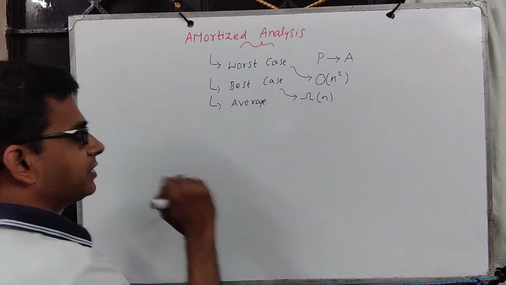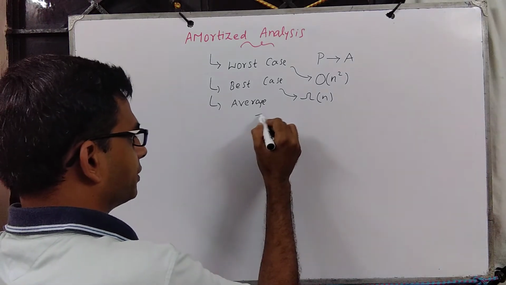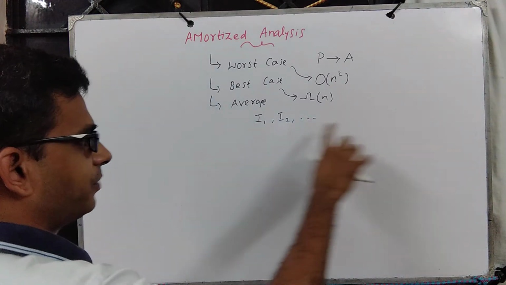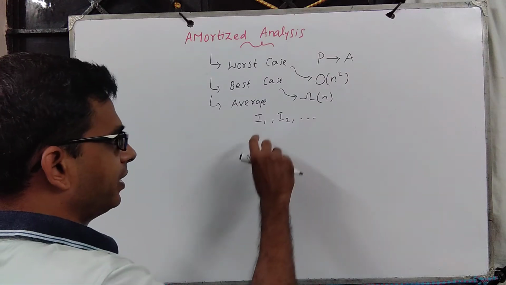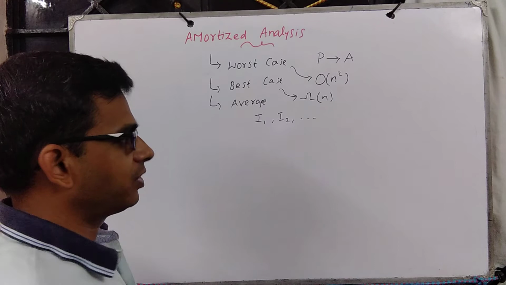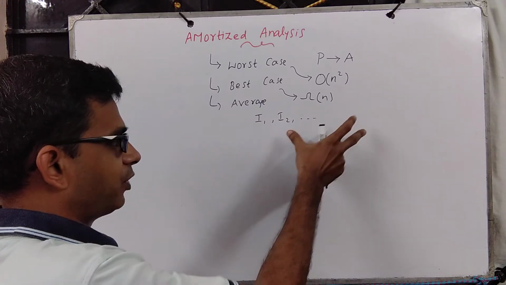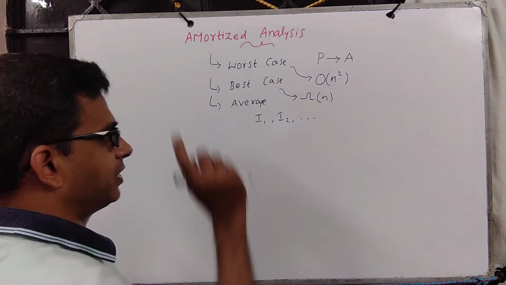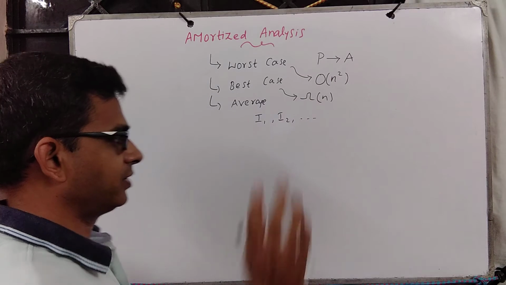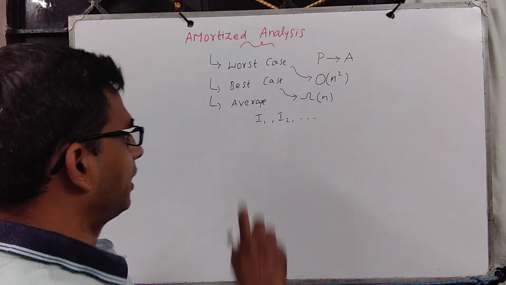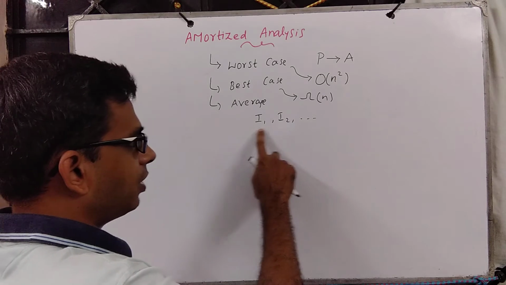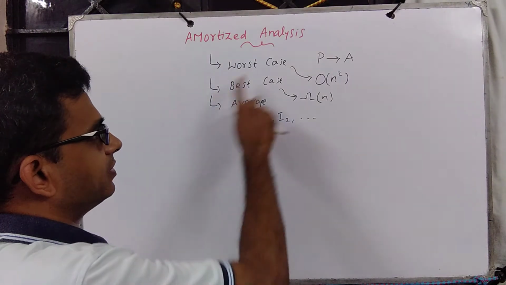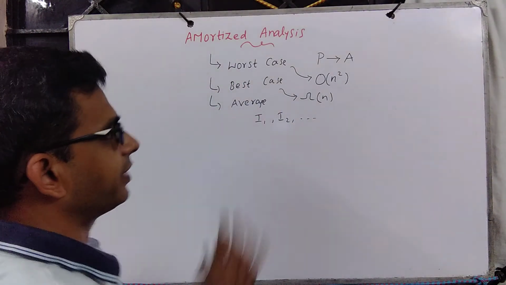But when we look at average case, we look at all possible inputs. The way we look at that is slightly different, because the number of inputs is countably infinite. So we bring in probabilistic analysis, using which we model this infinite input set and say, on average, what is the complexity of such and such an operation or algorithm. As part of average case analysis, all possible inputs are taken into account. These two are extreme cases: this will focus on the right extreme, this will focus on the left extreme.